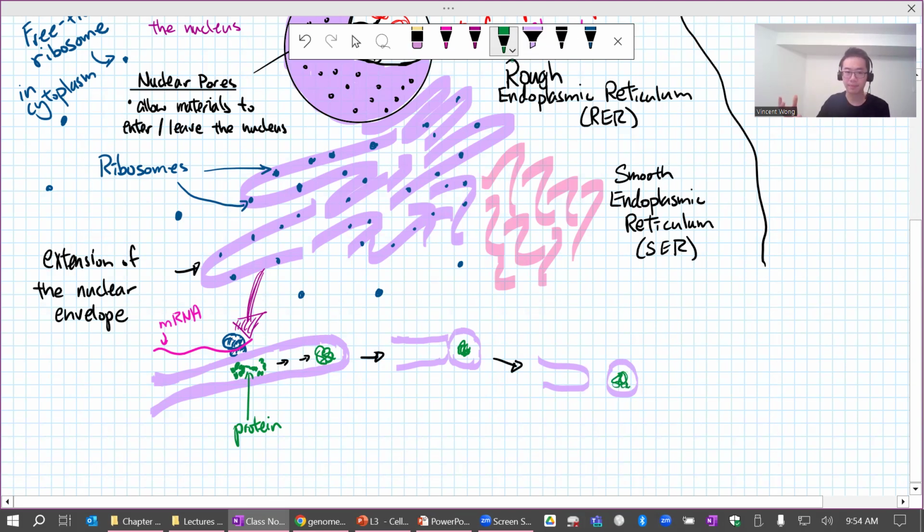Can you visualize that? The ribosome makes the protein, it goes into the rough ER, and then it moves towards the edge where it eventually bubbles off. It's like blowing a bubble, literally. And here we have a vesicle